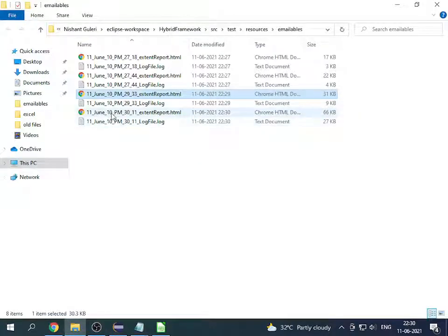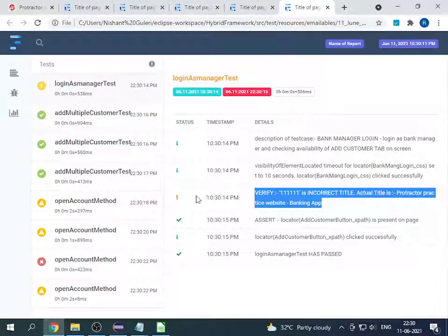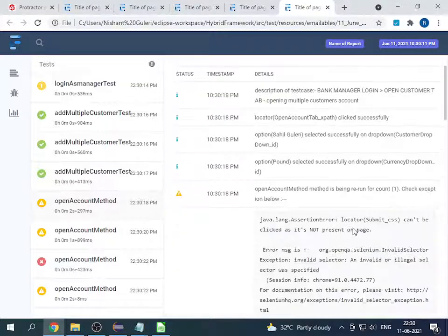Let's see how everything has panned out. Obviously this one, we are getting an error message. These all are correct, that we are getting the same message again because the submit locator was incorrect.